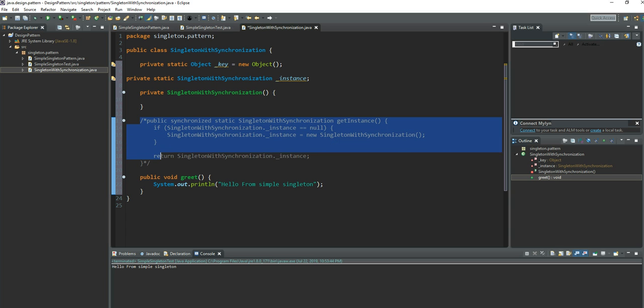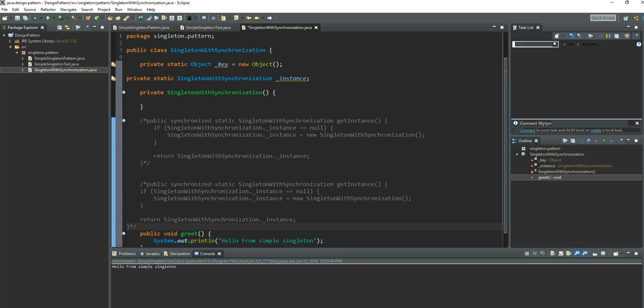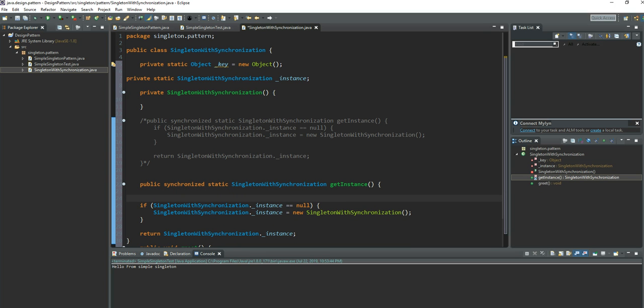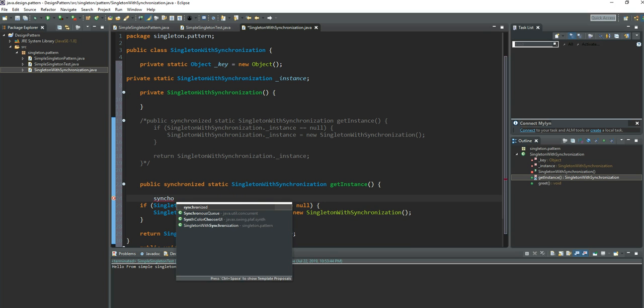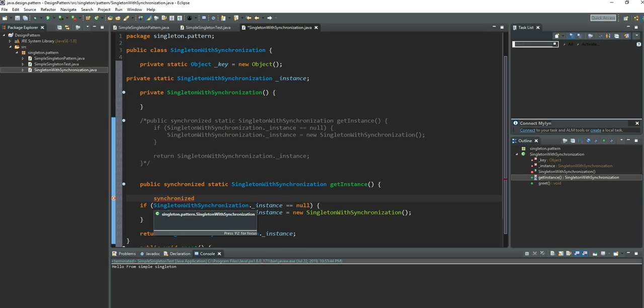How to do the second way is, let's copy the same piece of code here. Right here we're going to use this synchronized, and we need to say we're going to synchronize on key, right? In our case we're going to synchronize on our key,